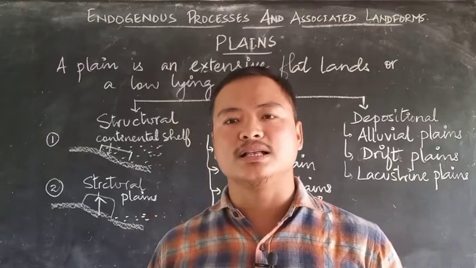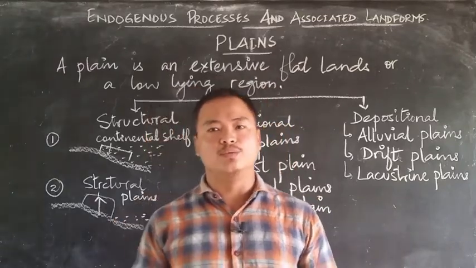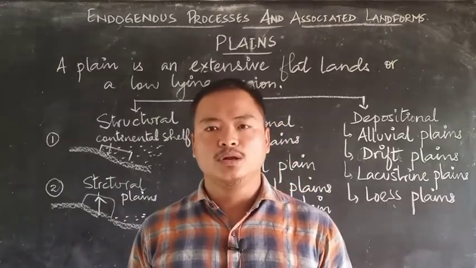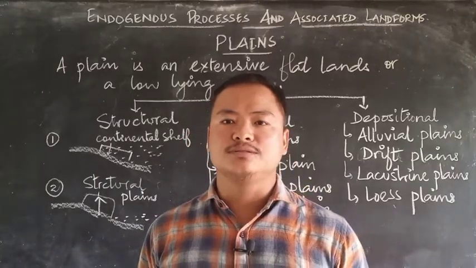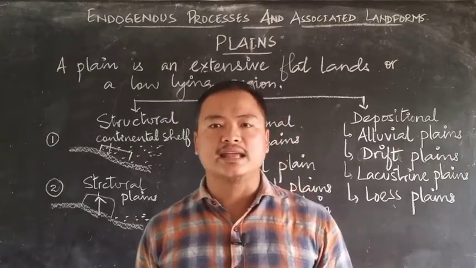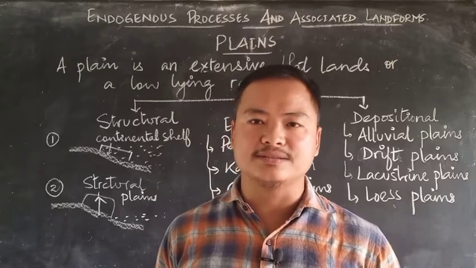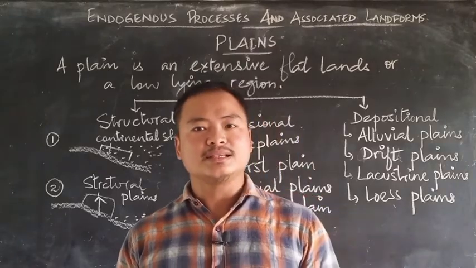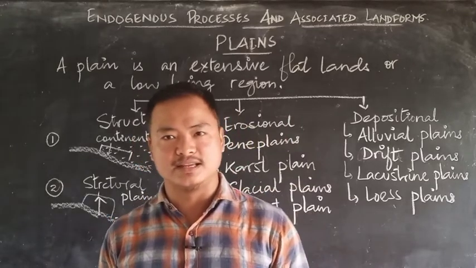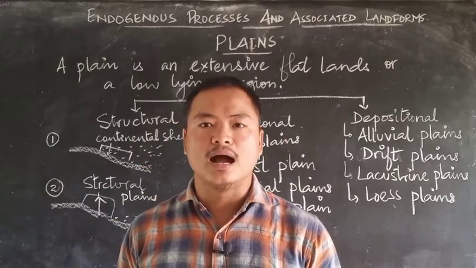Lacustrine plain also results in the formation of a newer lake when the water gets deposited at its depth or low-lying regions. Loess plain is an action of wind deposits. In the desertic areas where wind becomes very active in eroding the materials, these very sediments that the wind carries along with it from these desertic areas are deposited